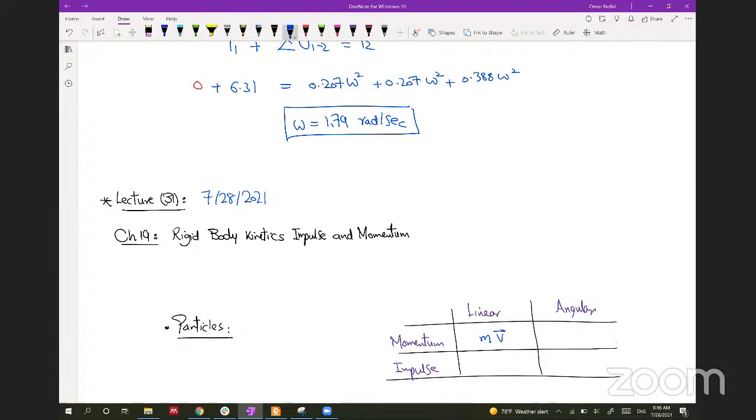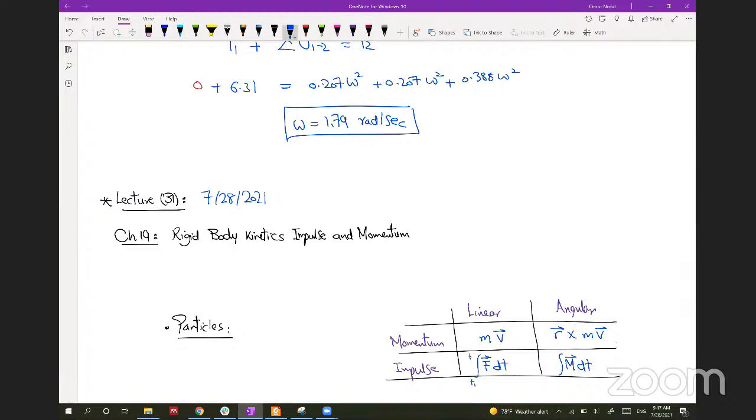the velocity vector. And we also know that there's what is called angular momentum, which is the moment of the linear momentum about any point, and this will be equal to the r vector crossed with the linear momentum. And also we have linear impulse, which is the integration of the force vector dt, and we have the angular impulse, which is the integration of the moment vector over the time t,